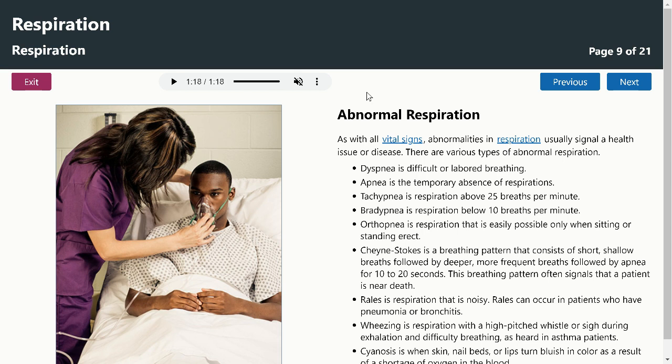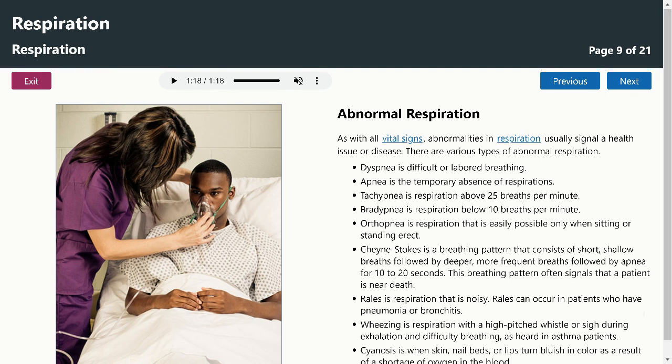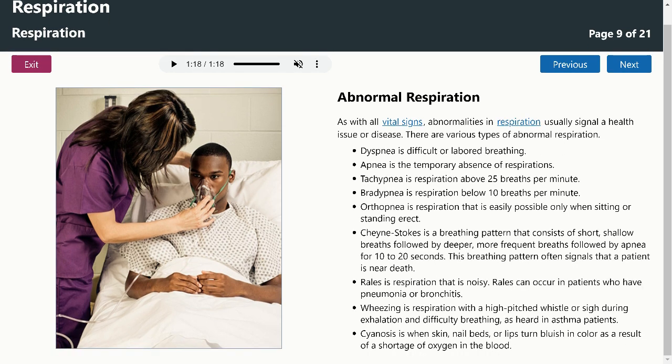Cheyne-Stokes is a breathing pattern that consists of short, shallow breaths followed by deeper, more frequent breaths, followed by apnea for 10 to 20 seconds. I'll try to find an example of Cheyne-Stokes. Their breathing is just really irregular. This breathing pattern often signals that a patient is near death. Rales is respiration that is noisy. Rales can occur in patients who have